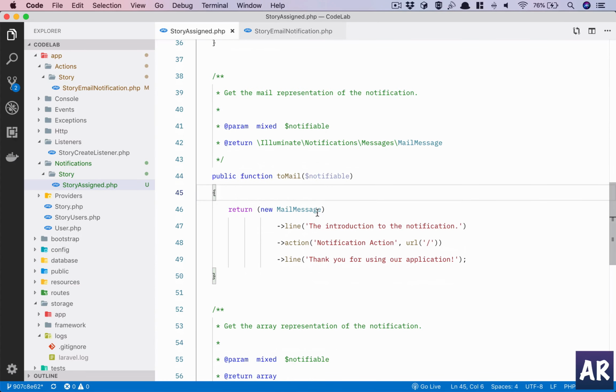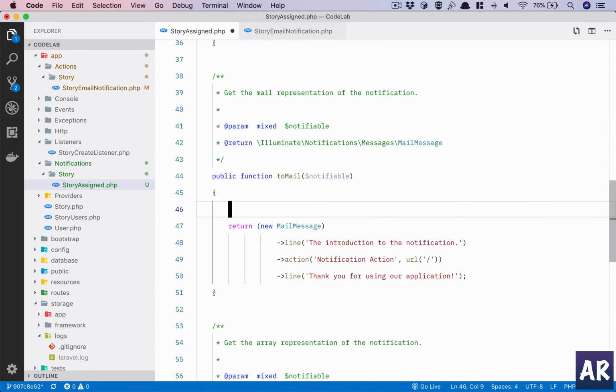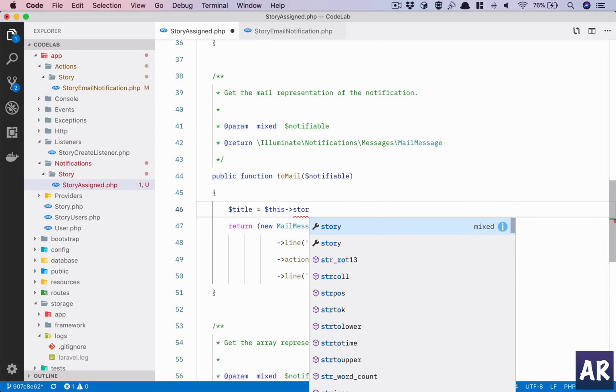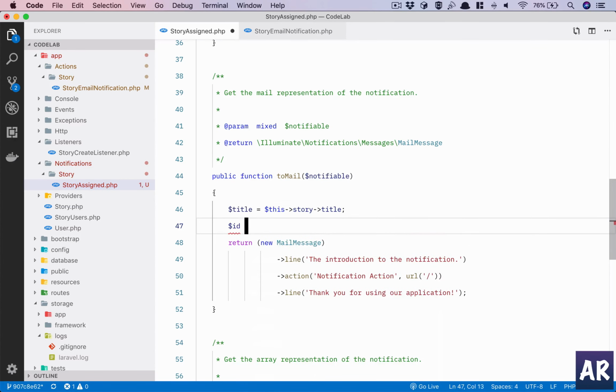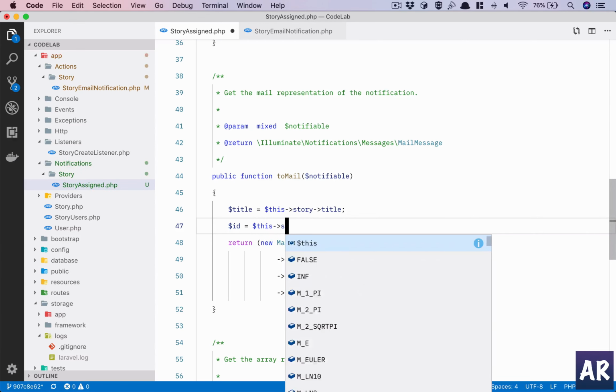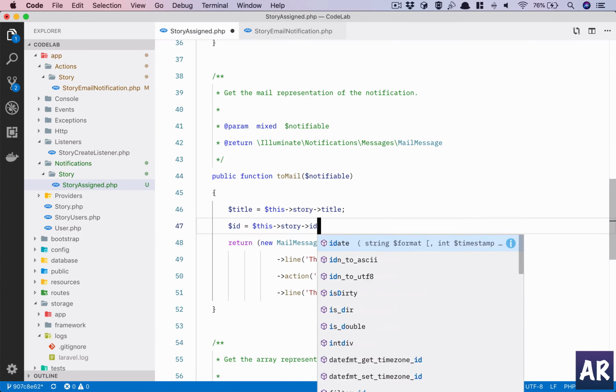And so now that we need to send the email, I know we need two things. One is title, which will be this->story->title, and ID is this->story->id. Okay,